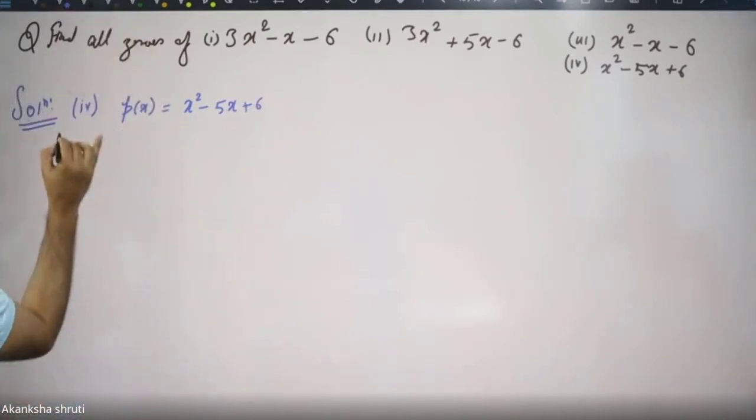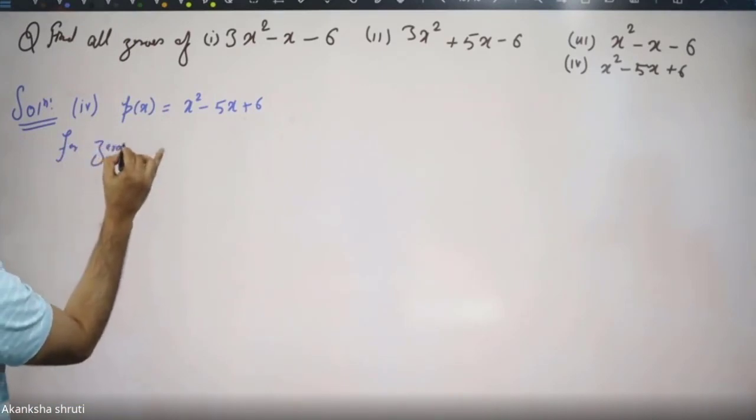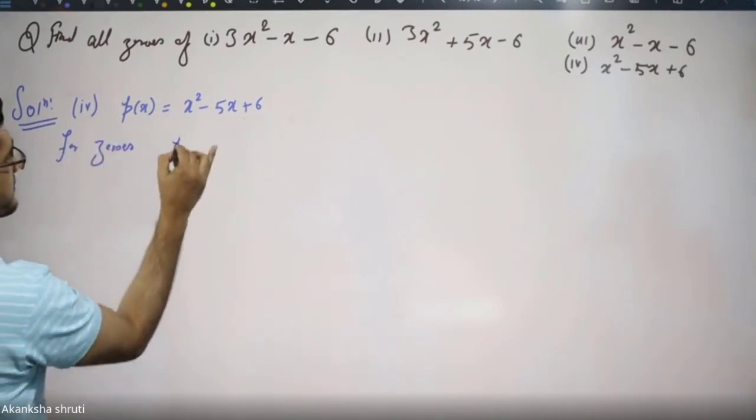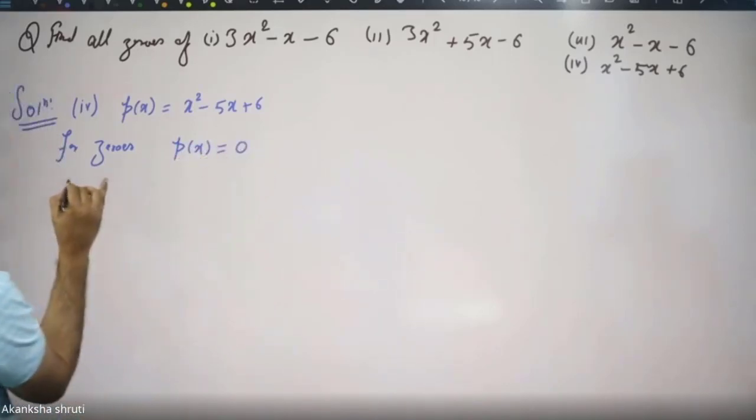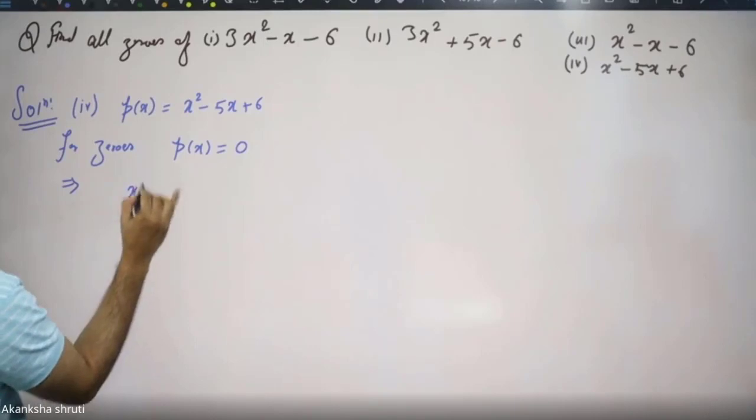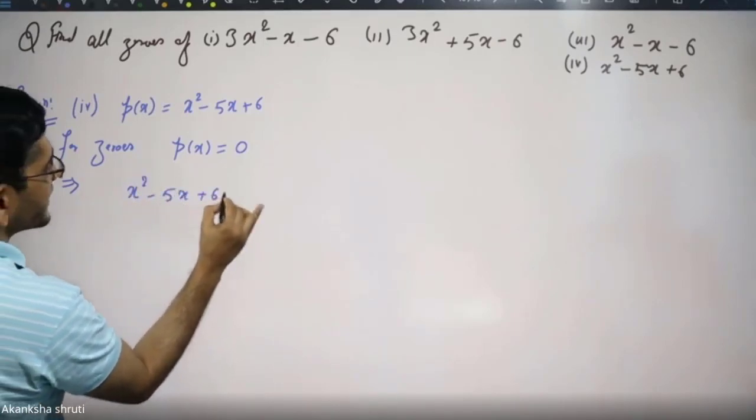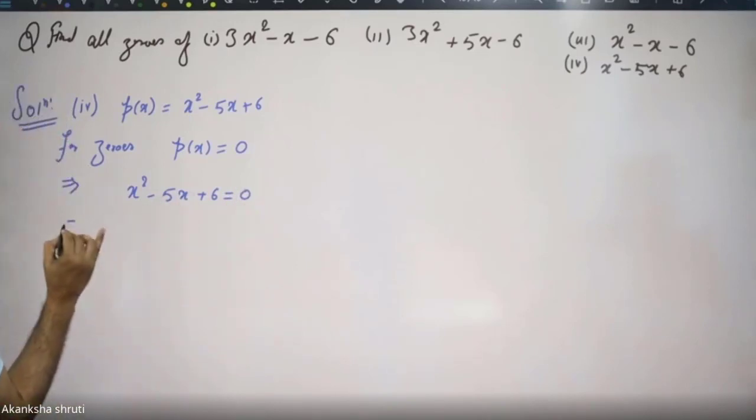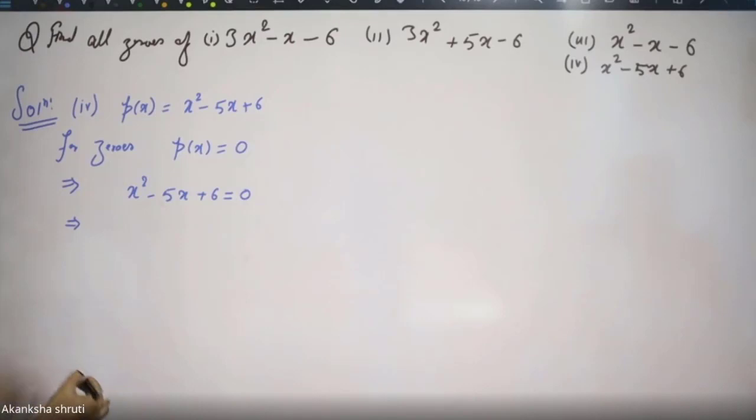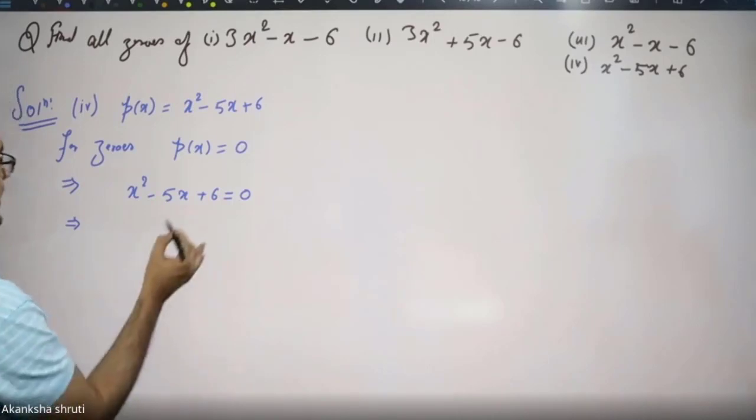Apply the condition for zeros. This px has to be equated to 0. This implies x square minus 5x plus 6 is equated to 0. We have to find all the values of x from here. Do not forget to put this implies symbol on the left hand side because the equal symbol is carried in between. Now,